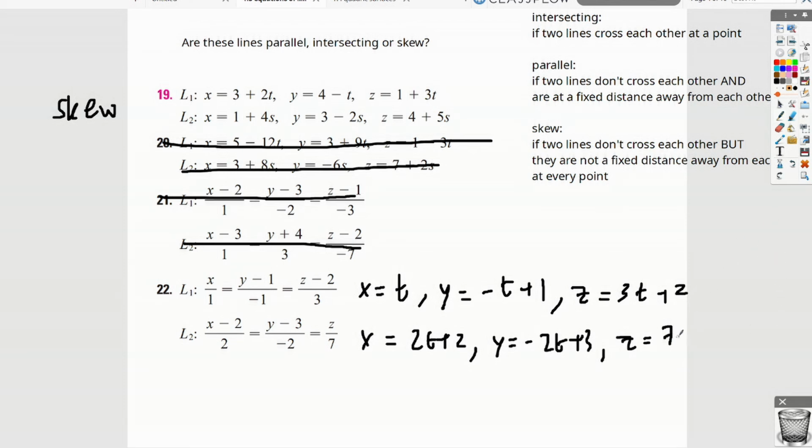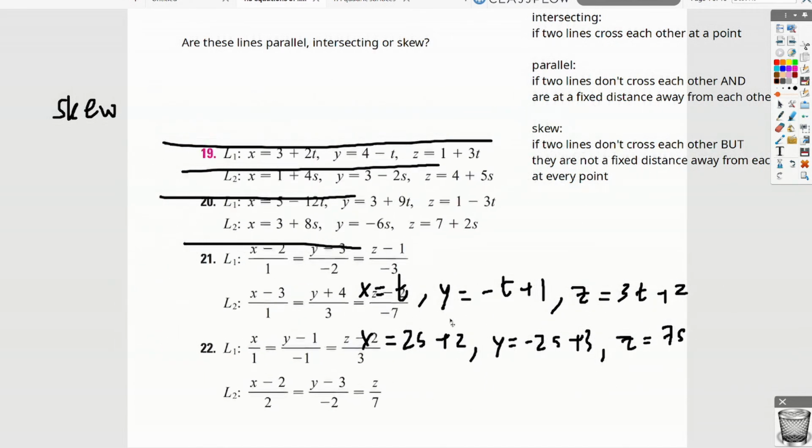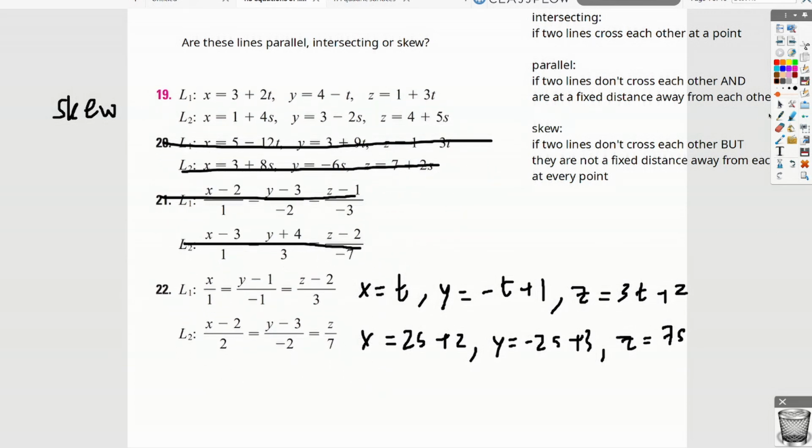Actually, for the sake of this, I'm going to change it to s so that we can actually solve an equation. So 2s plus 2 minus 2s plus 3. Now what am I gonna use? I'm gonna use the x and the z's again. Why? Because there's actually one. Oh, I'm sorry. There's one. So there is one